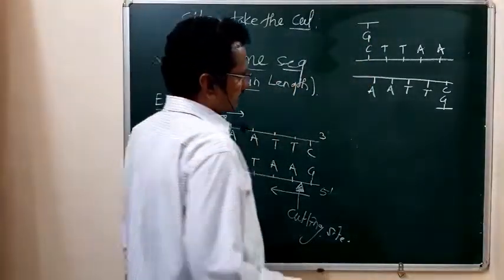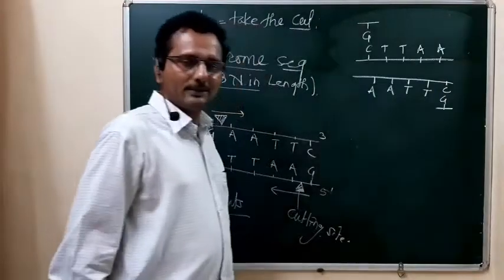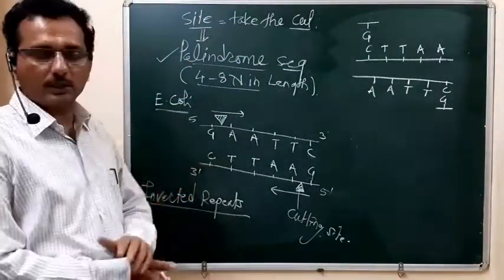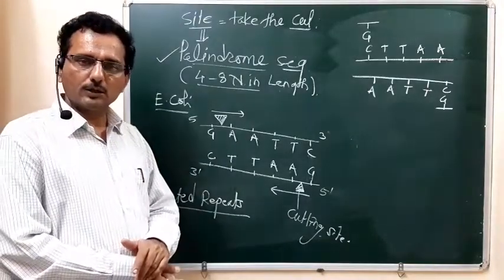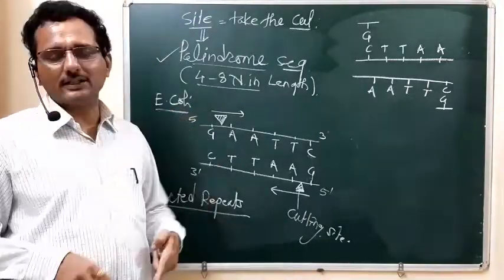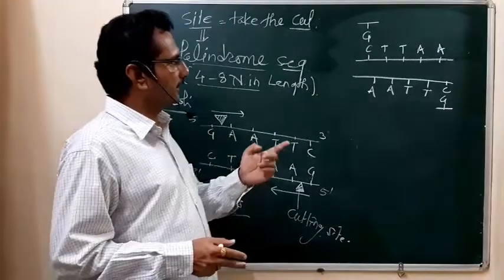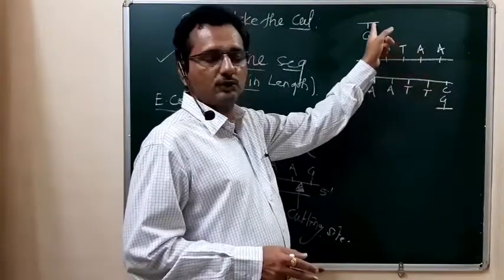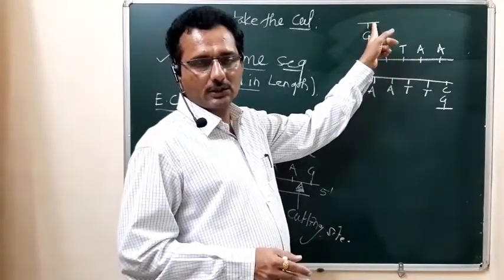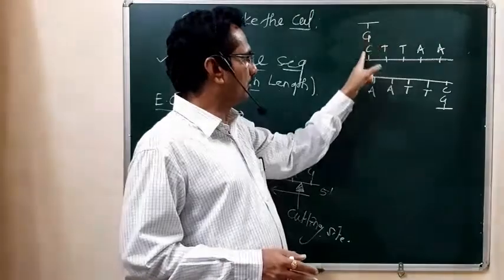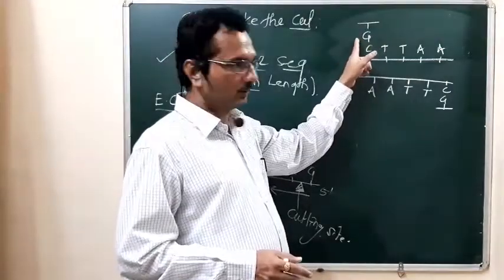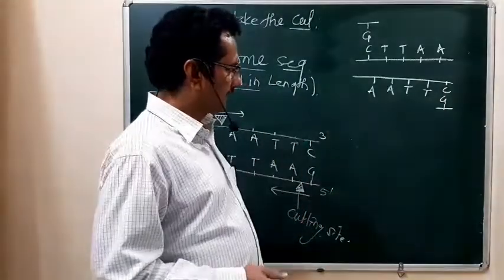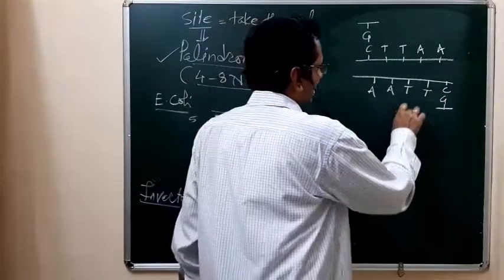So this product is obtained. Product in the sense, after taking the cut with the help of the restriction endonuclease enzyme, such two ends of DNA are formed. So these two ends of DNA show one longer arm and one shorter arm. That shorter arm has the paired nucleotides. Okay, paired complementary nucleotides. Here is also a complementary nucleotide. So such ends are called sticky ends.